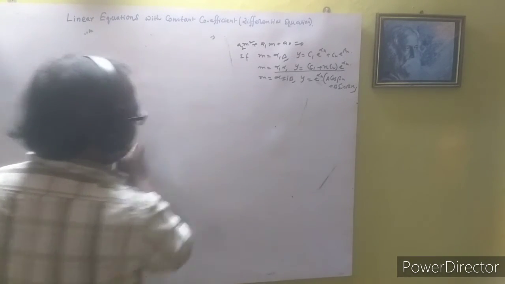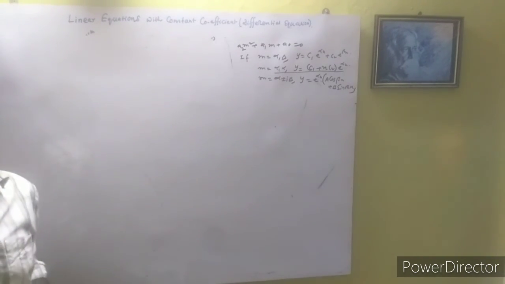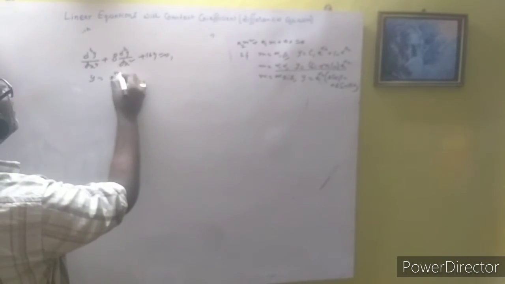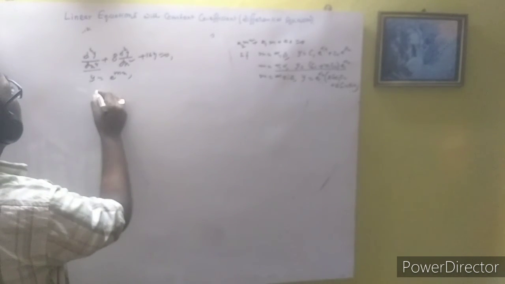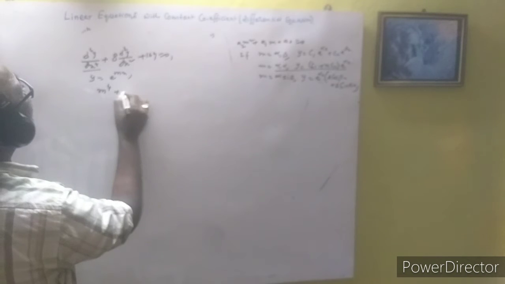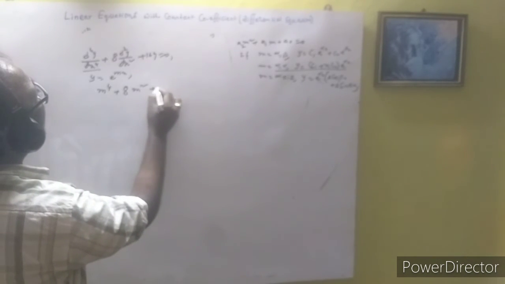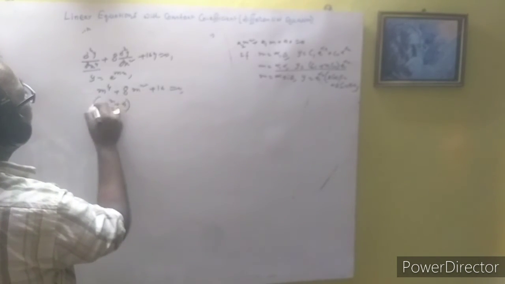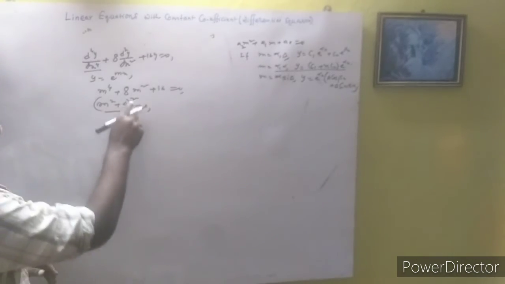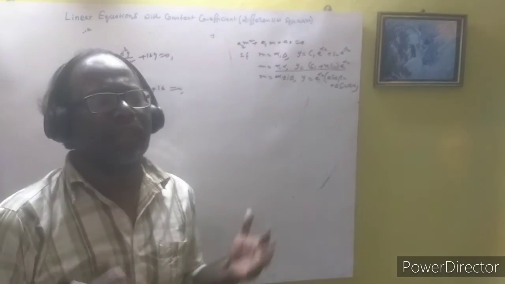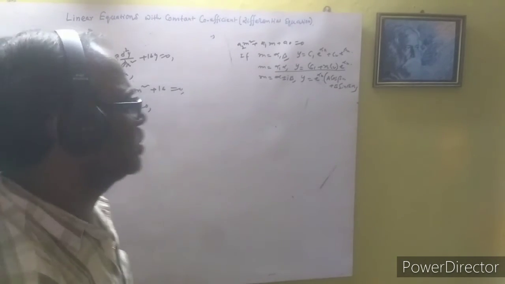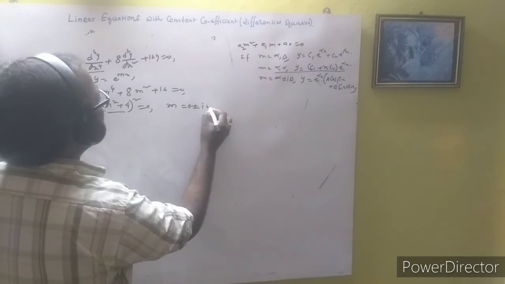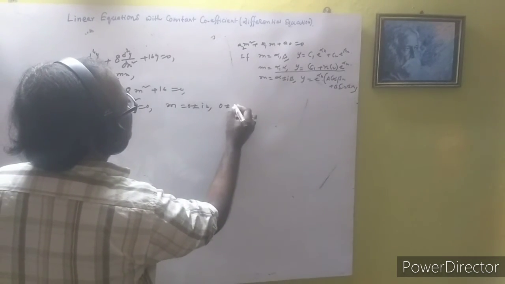See carefully, the equation here is equal to 0. Okay. Again, let us assume y equal to e to the power mx be the trial solution. Clearly see the point here, m to the power 4 plus 8m square plus 16 equal to 0. So m square plus 4 whole square equal to 0. So this is a square, so here there are two pairs of complex solutions, that is m equal to plus minus 2i and also plus minus 2i here.